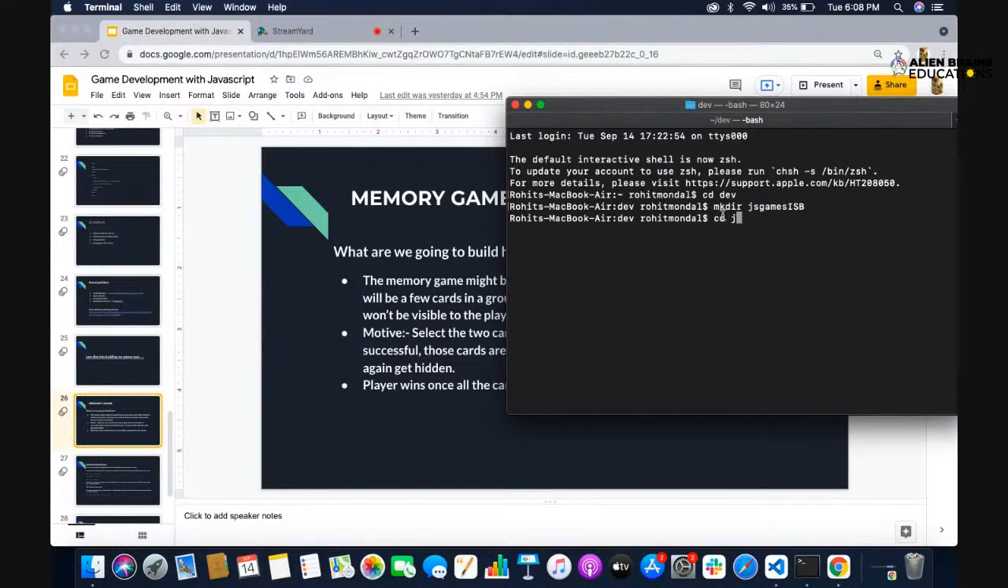So I will go into that, and to go into it, you don't need to write it entirely. Write a few letters, and then press tab. I pressed tab, and I got the directory that was created right now. So I move into JS Games ISB. Like we had that parent-child concept yesterday in JavaScript, when I was showing divs and all, this parent-child concept is present everywhere. My root was my parent, and there I had dev. Under that I created another directory, JS Games ISB, so JS Games ISB is a child of dev, and now within this I'll create another directory